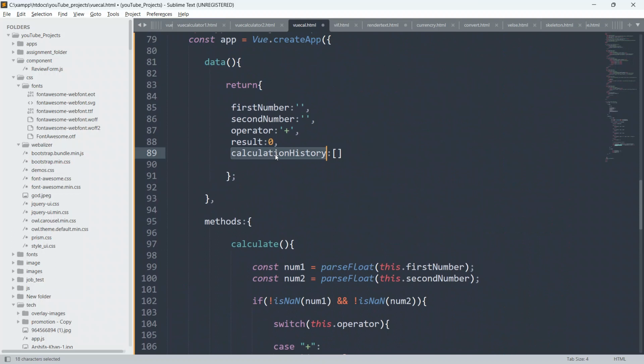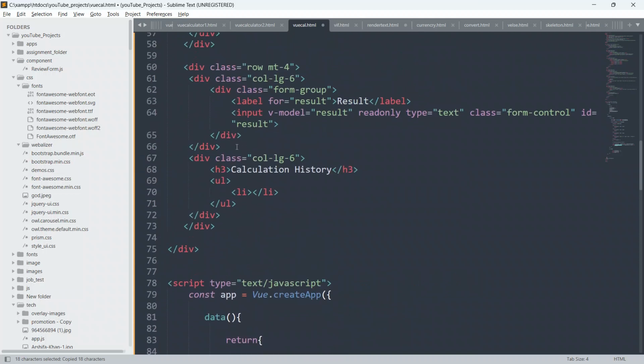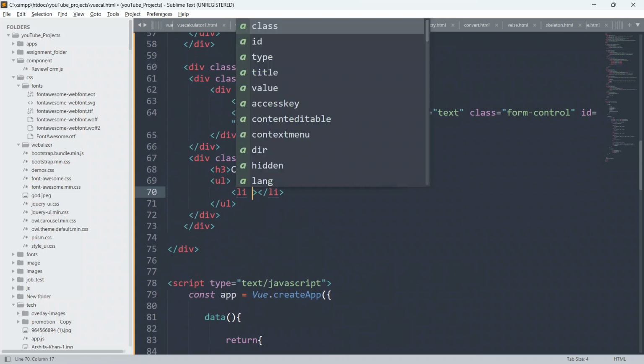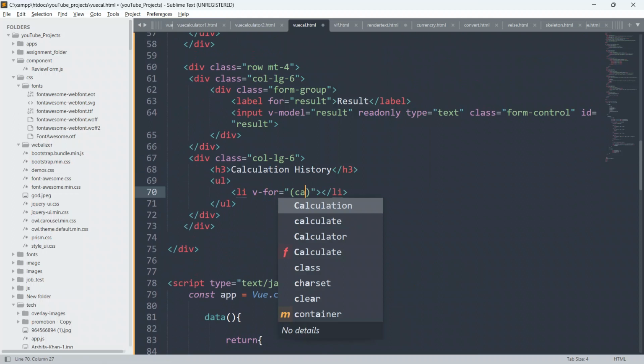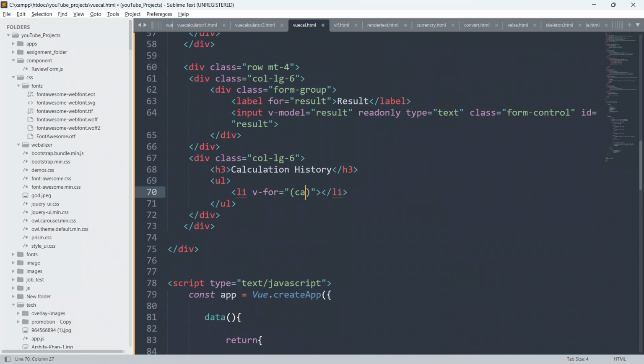So guys, now we have to loop through this calculation history also, so that's why I have created the li already. On this li I will use the v-for directive. So I'll say v-for equal to, I'll give parenthesis, calculation with a small c, calculation, and I'll give the index also, calculation, index in calculation history.